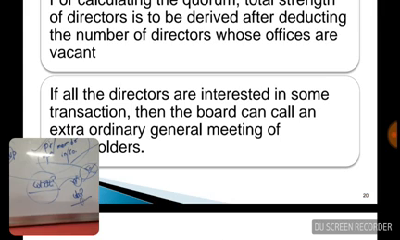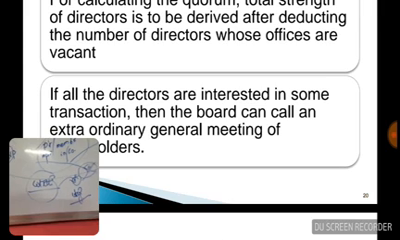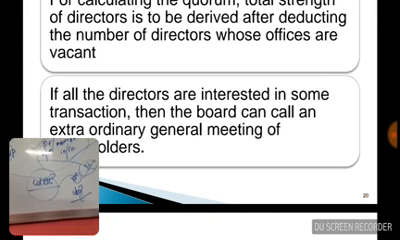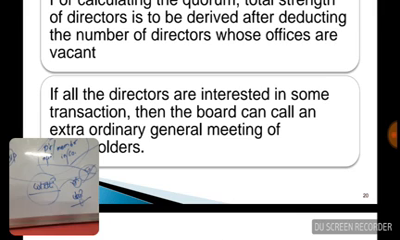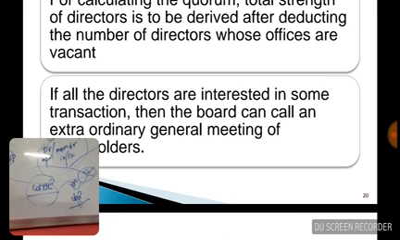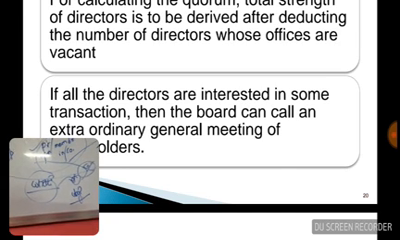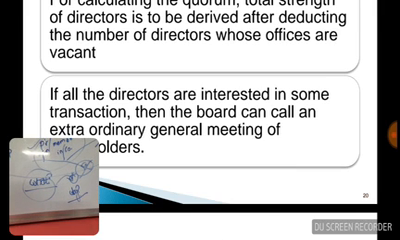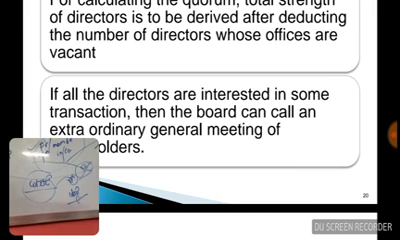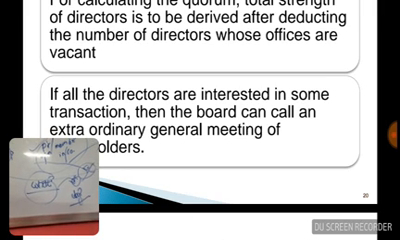If all the directors are interested directors, then two options are available. Then the company can appoint additional directors who are non-interested directors, or the matter can be put up to a general meeting. An extraordinary general meeting can be called if all the directors are interested. This is one of the important points you should be aware of, that if all the directors are interested,